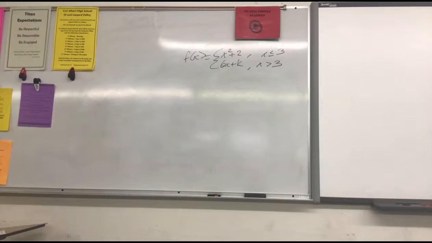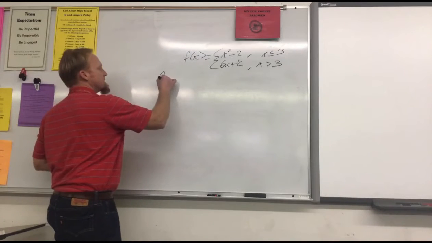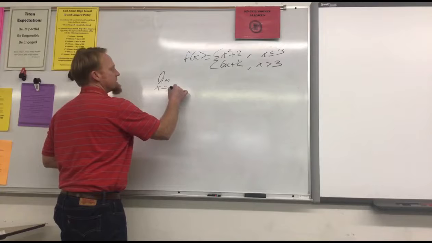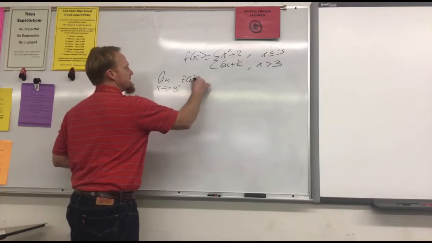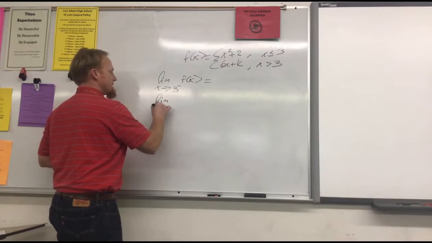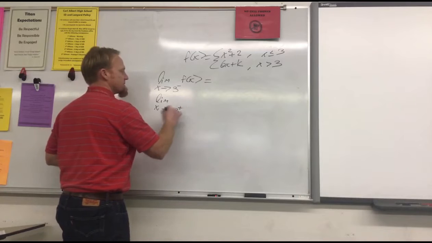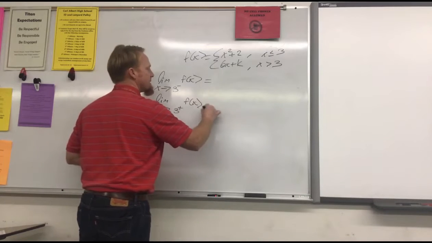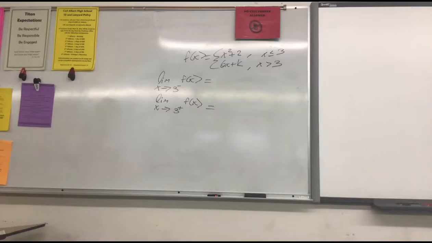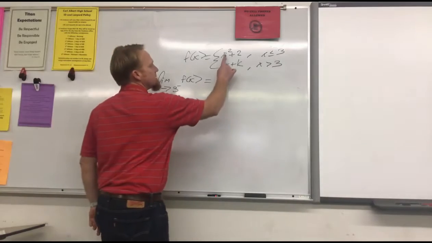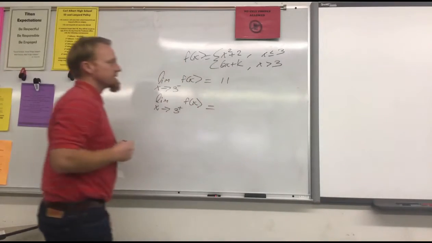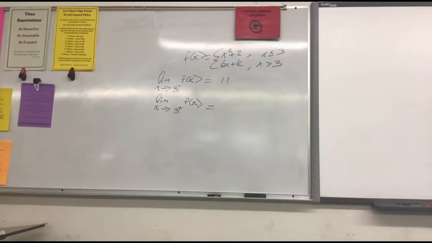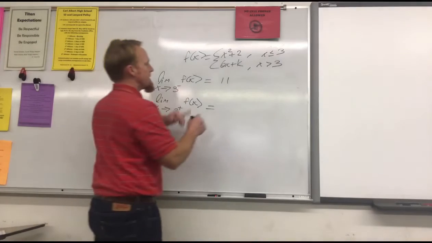The limit. I'm interested in the limit as x approaches 3 from the left, and the limit as x approaches 3 from the right. So which piece do I plug into for the limit from the left, top or bottom? Top. So I plug in 3, I'm going to get 11. Which piece for the right? Bottom. So I plug in 3 in the bottom and I get